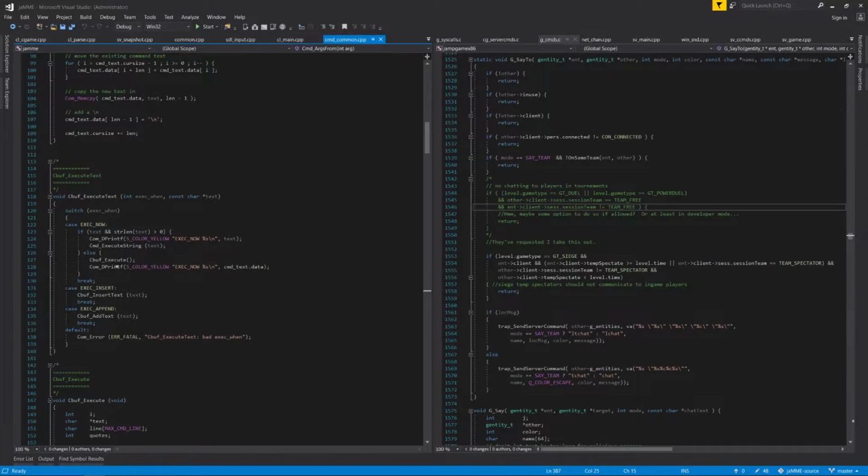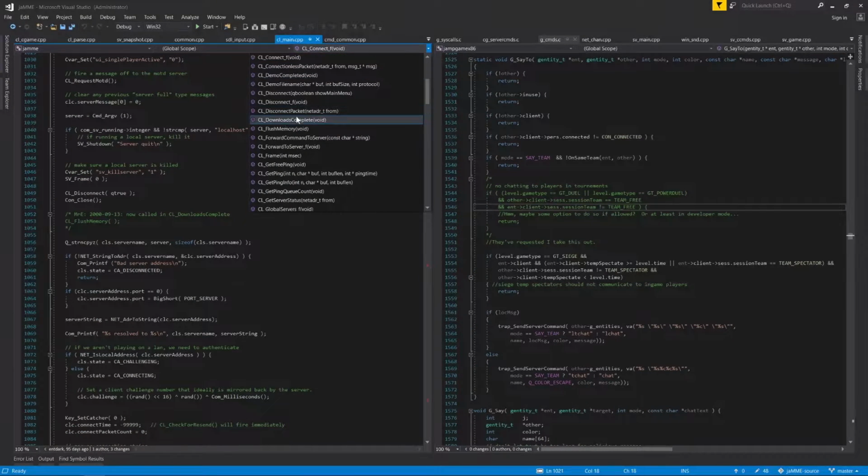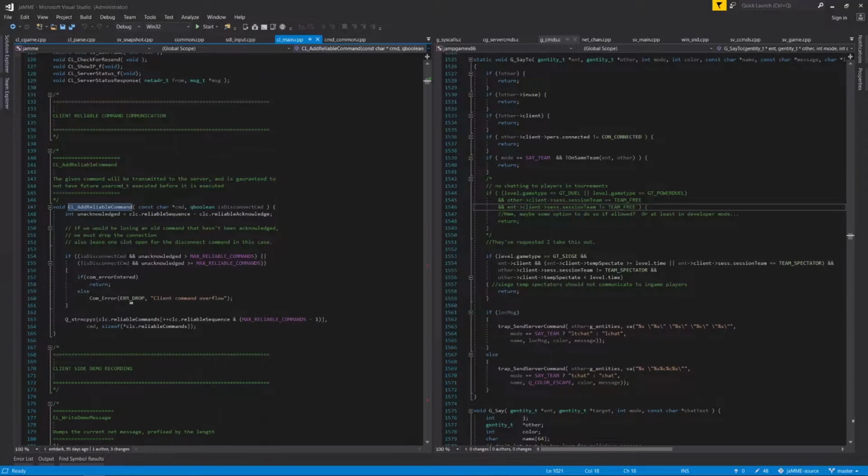It actually just checks if we executed a lot of commands, and if we are disconnecting, then